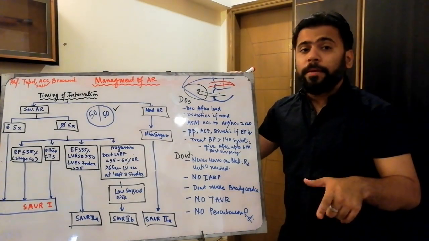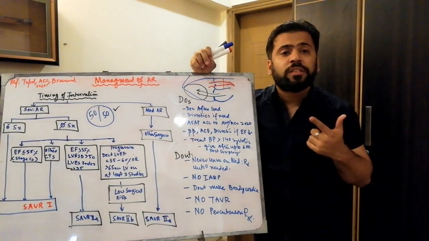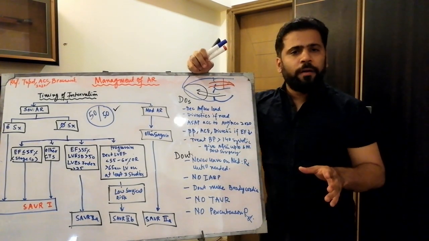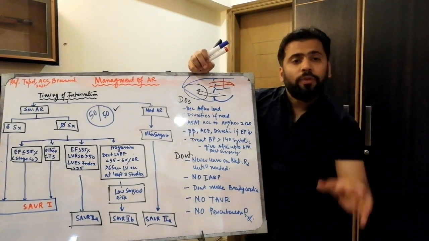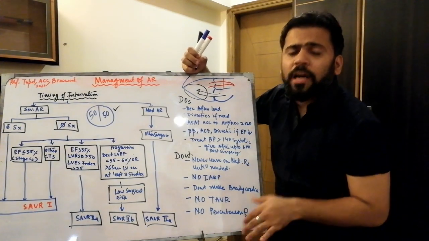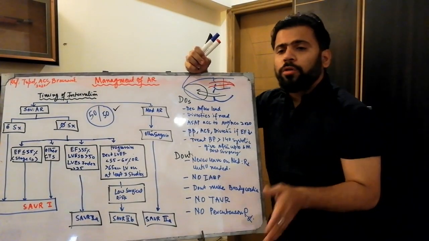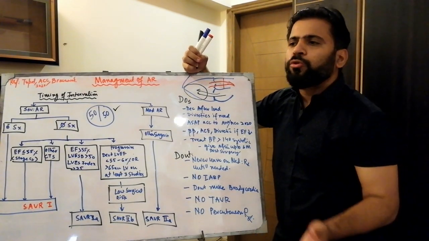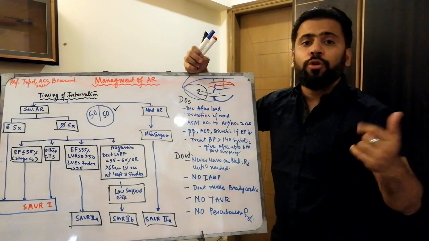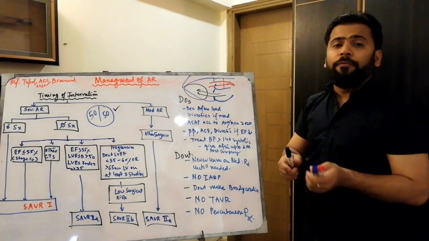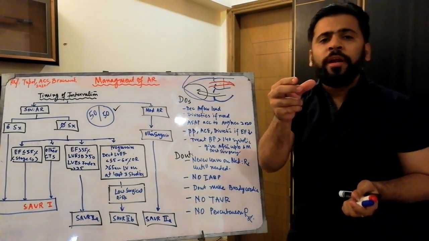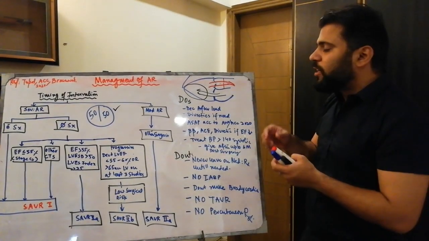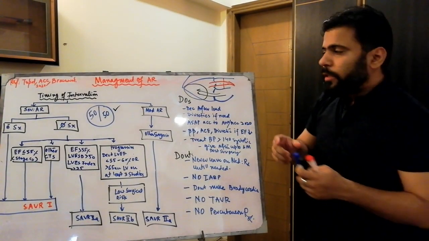Okay, now come to no IABP. It is one of the class 3 indications of IABP if your patient has AR, like aortic dissection. If your patient has aortic dissection as well as AR, both things are class 3. If your patient has isolated severe AR, you are not supposed to do the IABP. Now you will ask why. Because in IABP, the balloon inflates in the diastole.